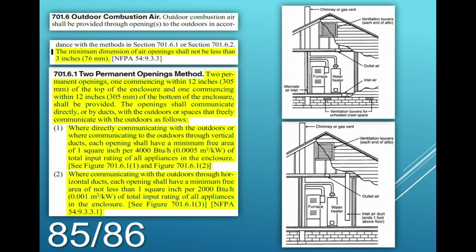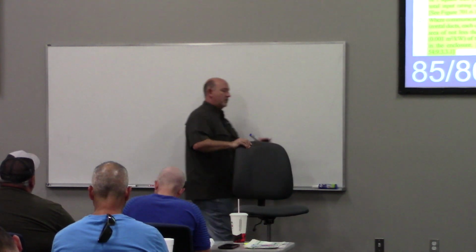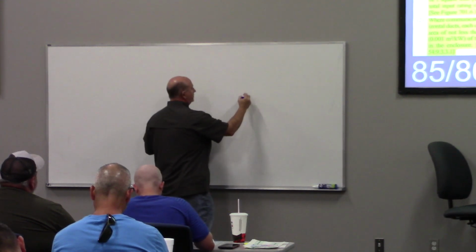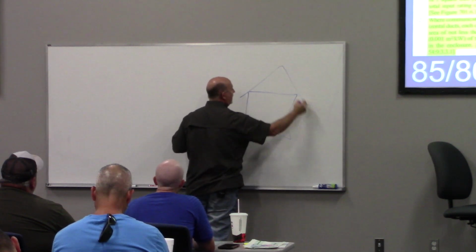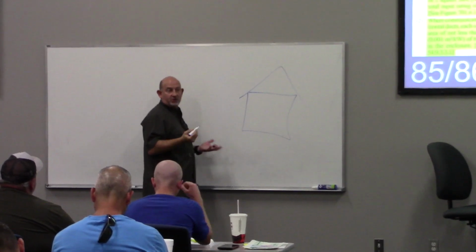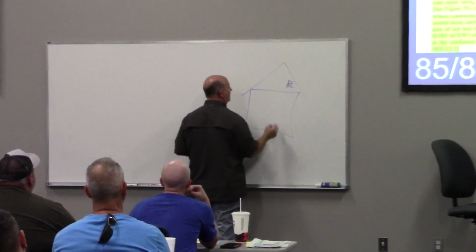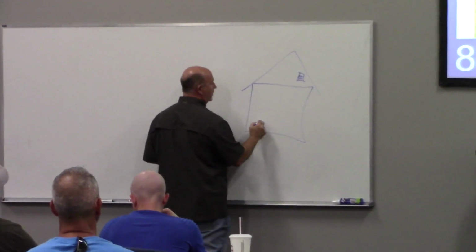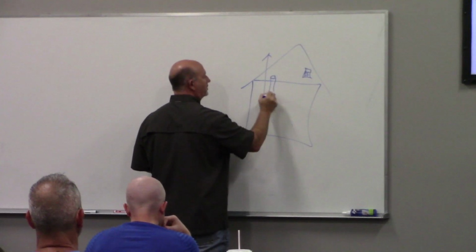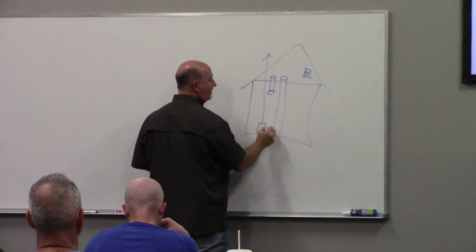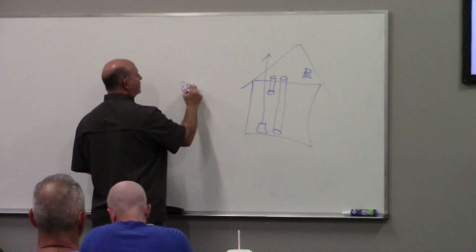Let me show you a couple of pictures. So if I've got this house here, and this is my mechanical room, and I've got a vented attic, because Wade said so, otherwise we wouldn't know. So it's a vented attic, there's some kind of hole in there to ventilate that. And I've got my equipment in this room, and it's venting straight out, that's my exhaust. Do you agree this vertical duct, one within 12 of the top, one within 12 of the bottom of the enclosure? Agreed? So on this 800,000 BTUs,